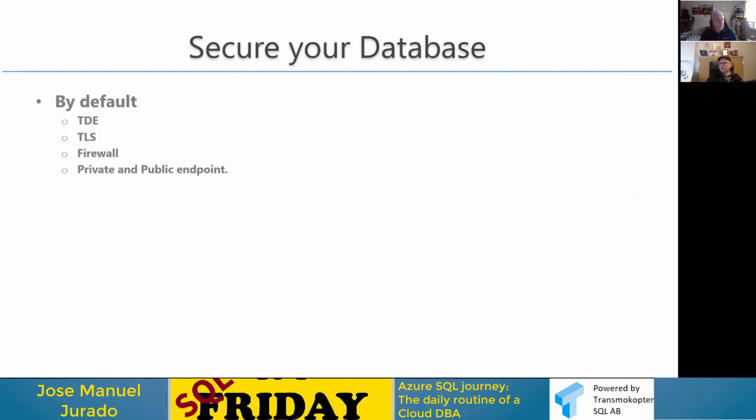If you want to, you could use your own key, or we could use the default key that we have in Azure. Another thing is TLS. Every time your application tries to connect to Azure SQL Server, the data will be encrypted. I'm going to show you how to encrypt the data, but it's very simple.